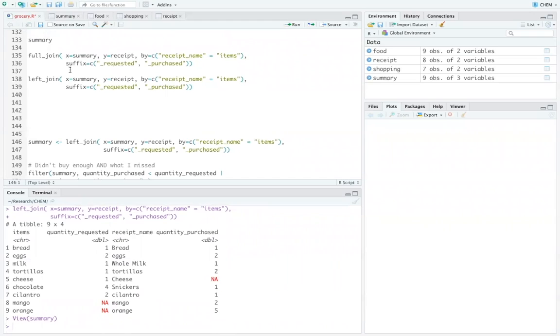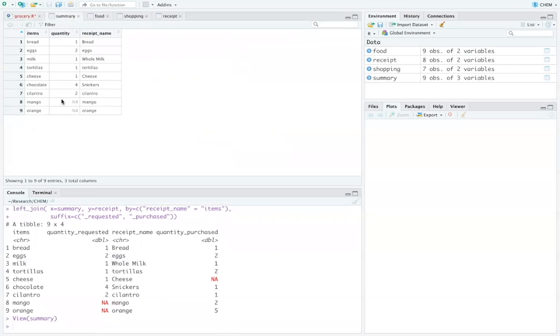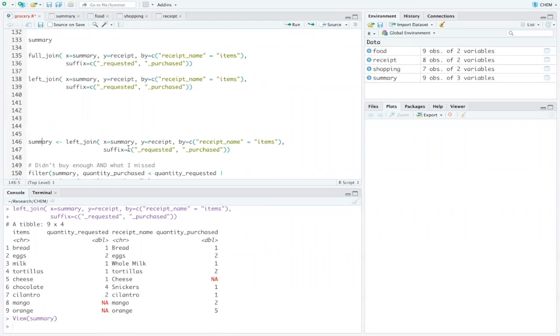So now I can see that it really doesn't matter if I use a left join or a full join, because summary already has all the items. So flip a coin, doesn't matter. I'm going to do it with the left join. I'm going to put everything that's in the summary here, which is everything. All the rows are here. Put everything in the summary with the receipt